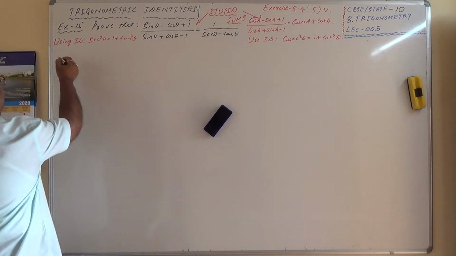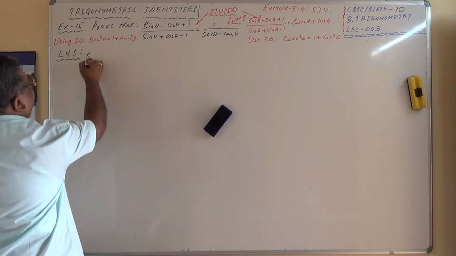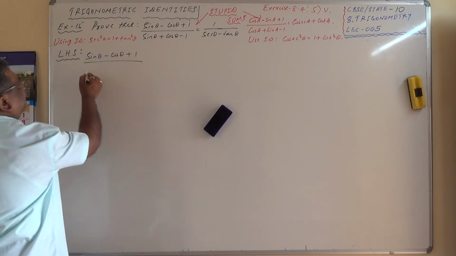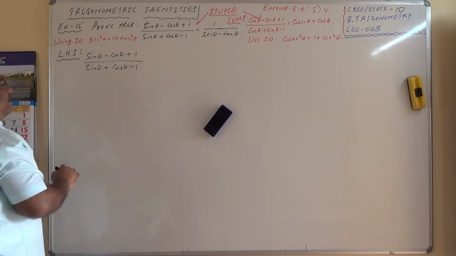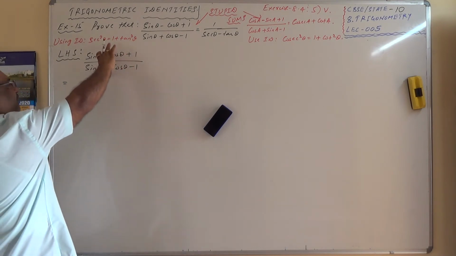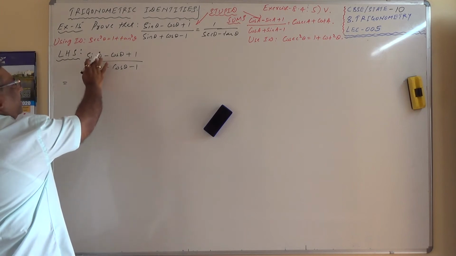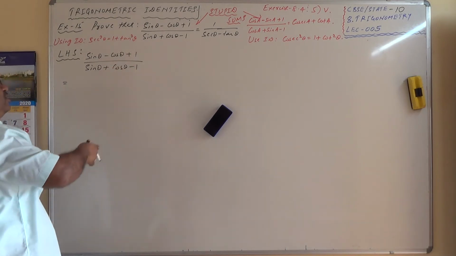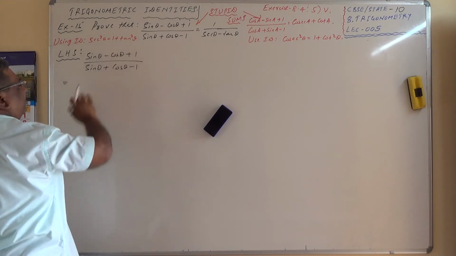So in this one, for the LHS I am taking the left hand side, that is (sin theta minus cos theta plus 1) whole divided by (sin theta plus cos theta minus 1), which equals, I am dividing the numerator and denominator by cos theta here. If I do that, I am getting tan in the beginning, and therefore tan square appears in the entire solution, and therefore I am dividing this whole expression by cos theta, both numerator and denominator.